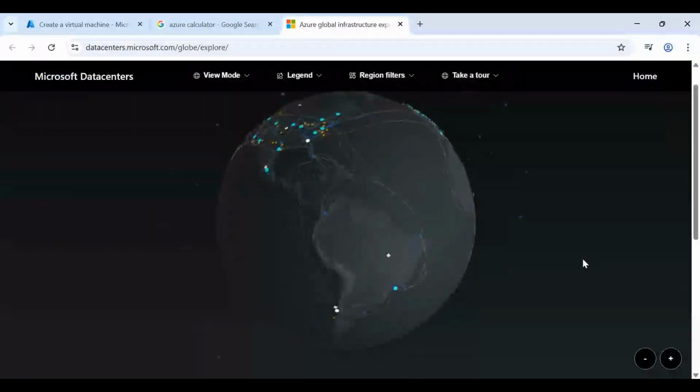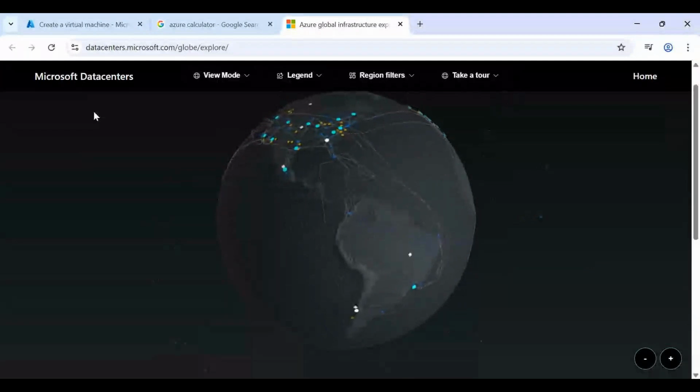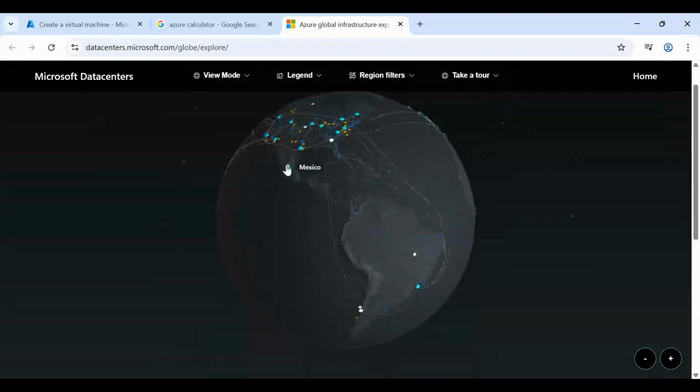So this is a data center view of Azure. Across the globe, you can see a lot of dots here, right? So in Mexico, you have something called Mexico Central, and